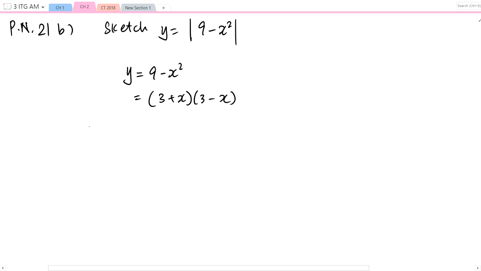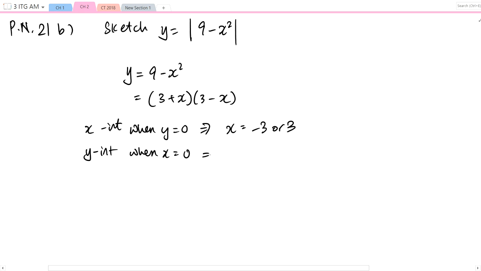So we write down the x-intercept, that is when y is equals to 0. So x equals to -3 or 3. So at the back of my mind, I know that my line of symmetry is x equals to 0. Okay, so y-intercept is when x equals to 0. So that gives me 9. My line of symmetry is